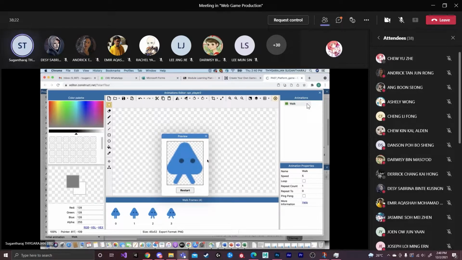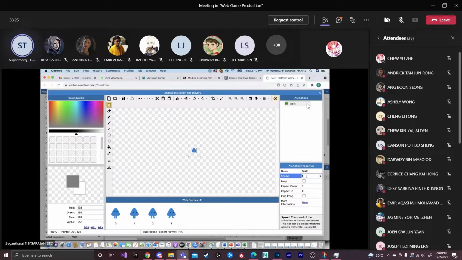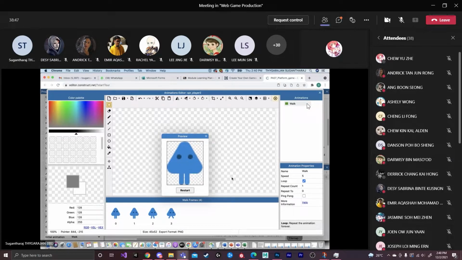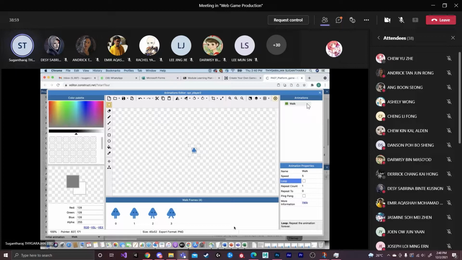If you want to increase the speed, then you can just change over here. I increase to 10. Now you can preview again. You can just play around with the animation and set it accordingly how you want. Suppose I want to keep it as a loop, so I just click loop, then I preview again. According to your own ideas and requirements, you can play around and see what you want to do. This way you can create a simple animation.